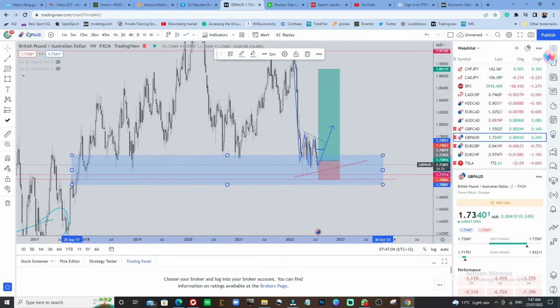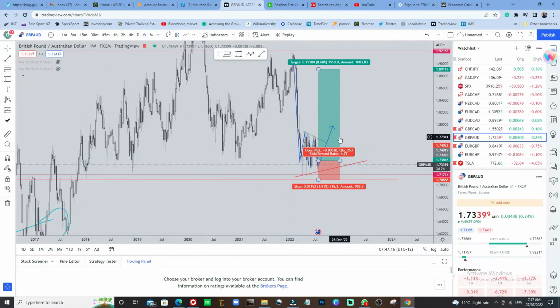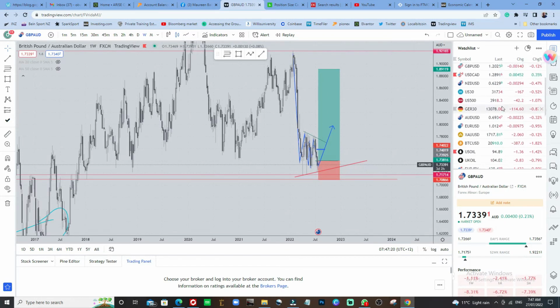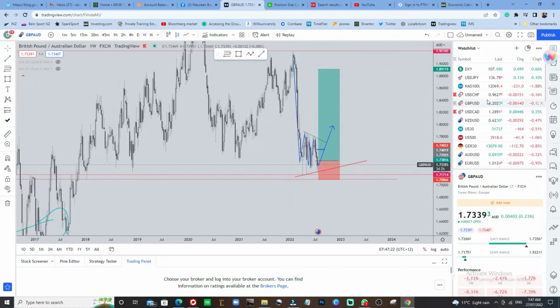It's because AUD has been strong against GBP. GBP has not really gained enough strength. I'm expecting GBP to get strength in the coming week, or AUD gets weaker for them to be pushed to the upside. So that's how I've looked at it so far. I didn't take any other trades. I've been looking for opportunities all across the market, and I will post it here when I see any.